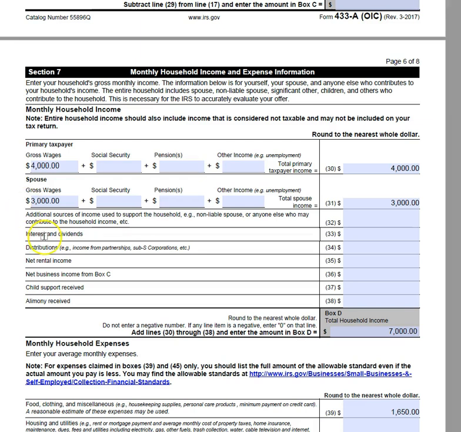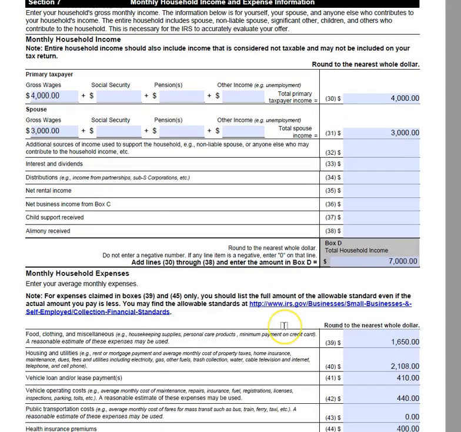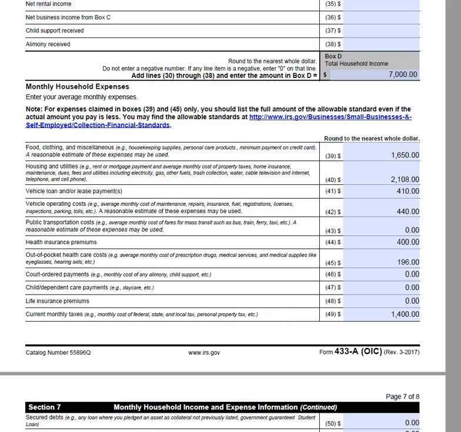If you have other income, whether it is a non-liable spouse that's not involved, interest and dividends, distributions, rental income, if you are self-employed, then you're going to pull that number from the prior page for your business income and plug it in here on line 36, child support or alimony that you receive. I'm going to total up the income. In this case, it's going to be $7,000, and that's going to move us down to our monthly household expense